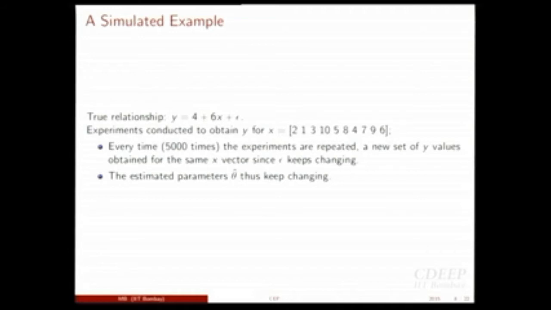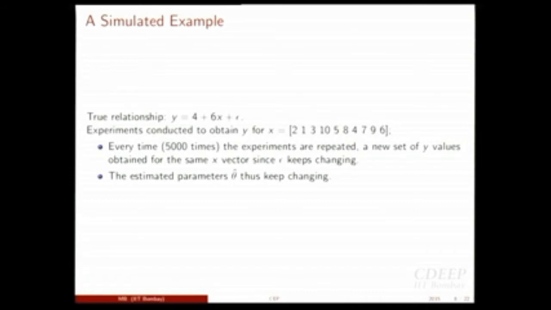So what I did is, I started with this model, y equal to 4 plus 6x plus epsilon. Now I know the truth: the intercept and the slope are 4 and 6. I'm going to generate data as per this model. Essentially I'm going to obtain 10 values, x takes these values, and I'll obtain the corresponding values of y, but every time this epsilon will keep on changing. This I will obtain from a normal distribution as a random variable with 0 mean and some variance.